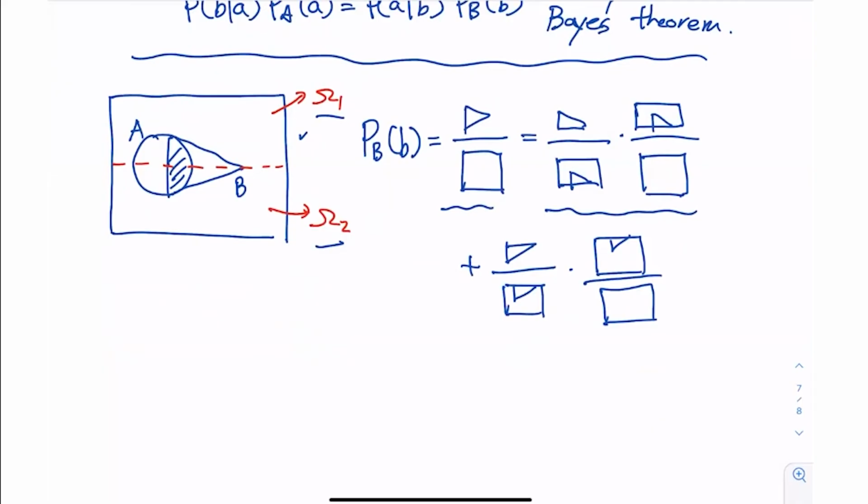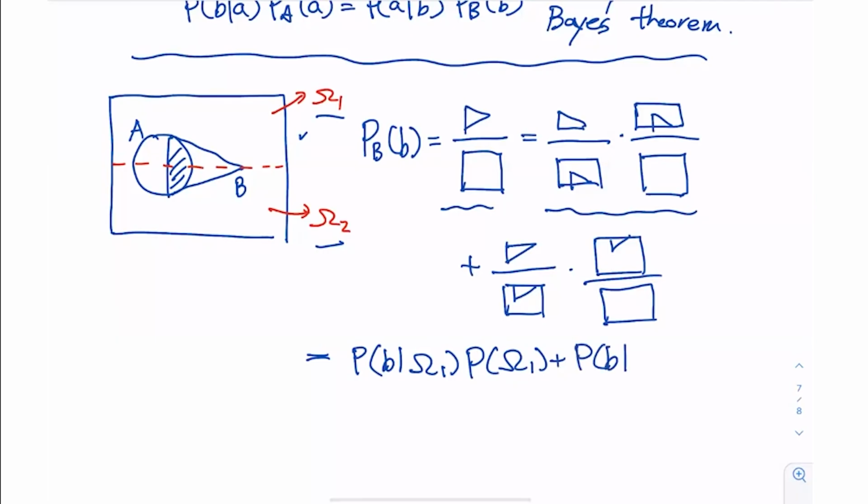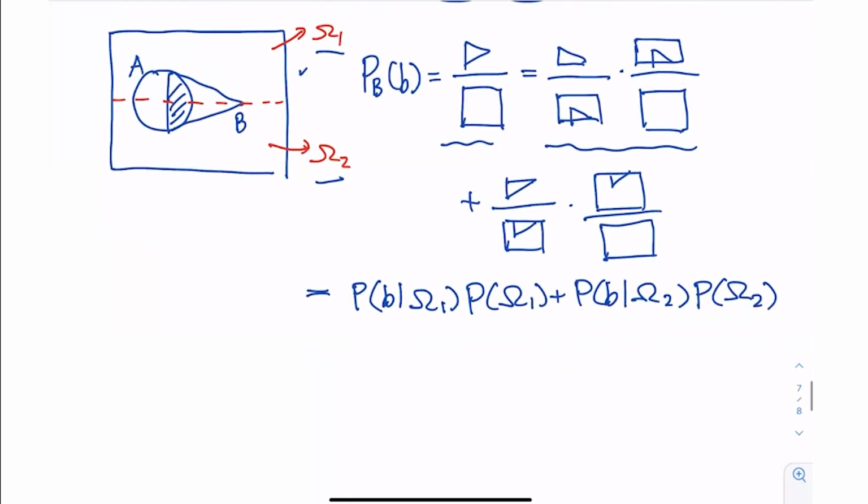And if I try to write it down in terms of equations, it just means that this is the conditional probability of B given omega 1 times the probability of omega 1, plus the same for omega 2. Okay, so this is quite an arbitrary decomposition, and the general form of that is actually